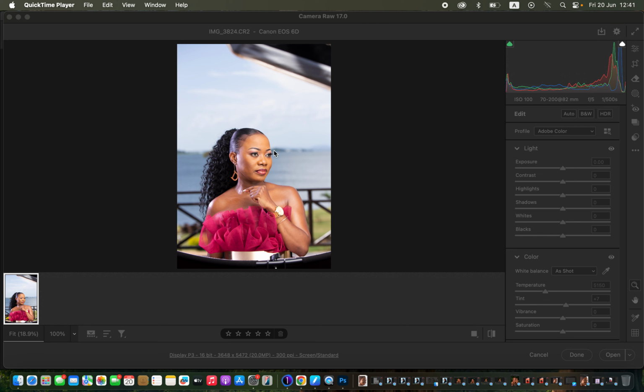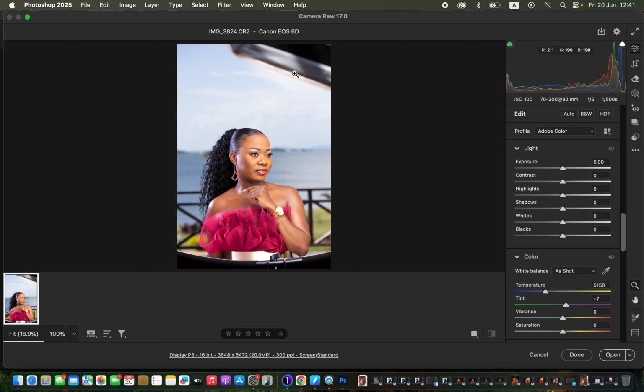So right now, after importing the raw image in Photoshop, it is going to automatically be opened up in the camera raw filter. For this, you're going to correct the highlights and the whites of the image like this, and open up the shadows of this image and add some contrast to the image. And you're going to take the blacks down, and this is going to make the image look better than where we started. Then I'll come to the temperature slider and slightly warm up the image a little bit to around